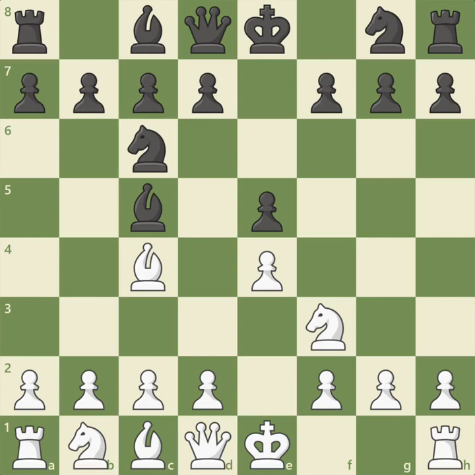Castle early and castle often. It's a funny, but also helpful phrase to remember during your games. After 3 moves, white has a pawn in the center and has developed a knight and bishop toward the center. What's next? It's never too early to make sure your king is safe, so a great move for white is